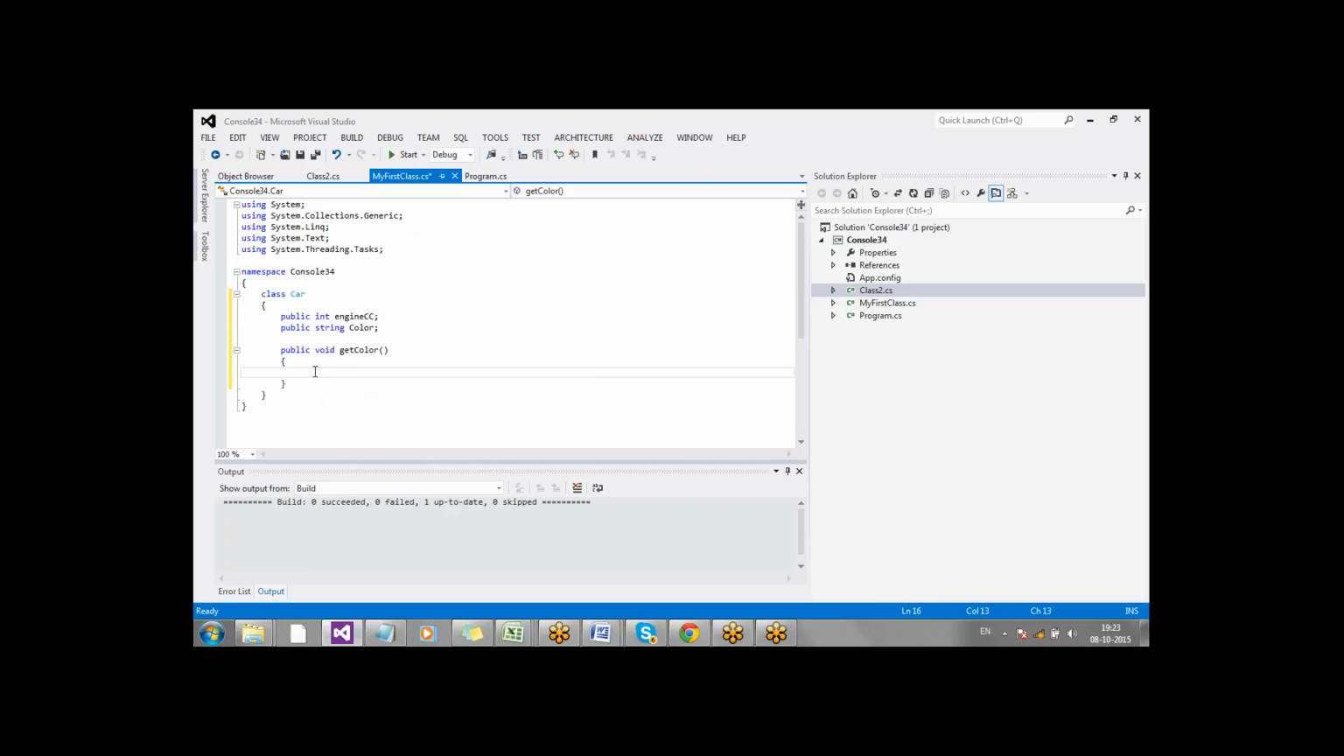Good. So now inside that, let me write a statement: Console.WriteLine of. What does Console.WriteLine refer to? It will write something to your console. Fine. It will write something onto your Windows console. So I'll say Console.WriteLine of